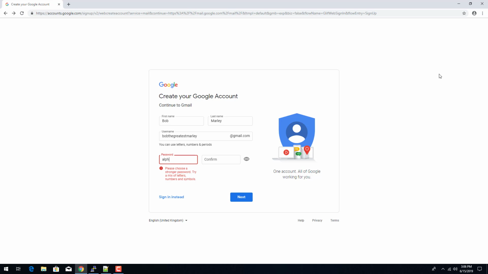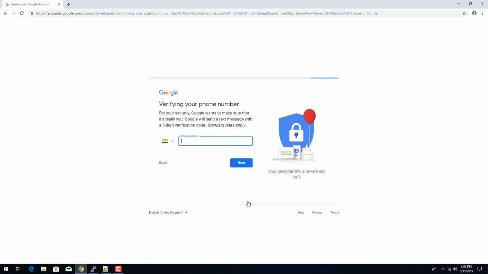Okay, let me pop in a semicolon at the end. Yep, that worked. So when we typed in a password that did not meet Google's requirements, somebody or something was